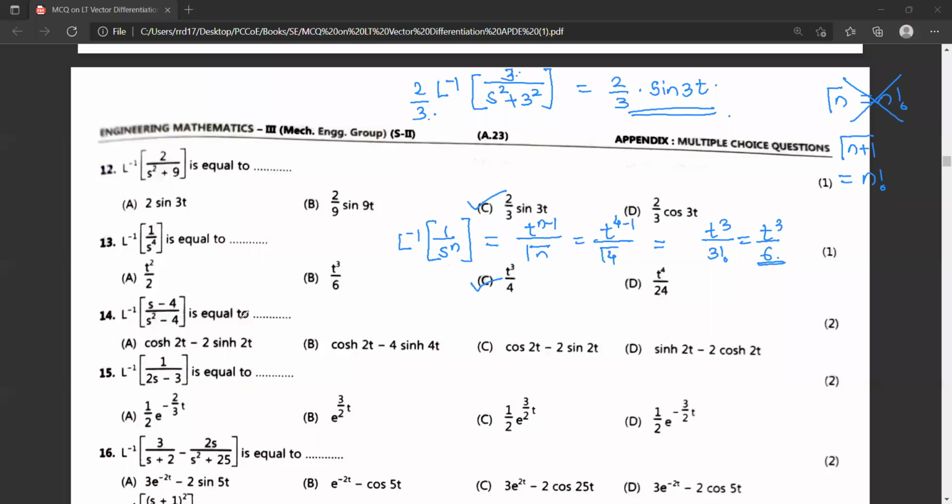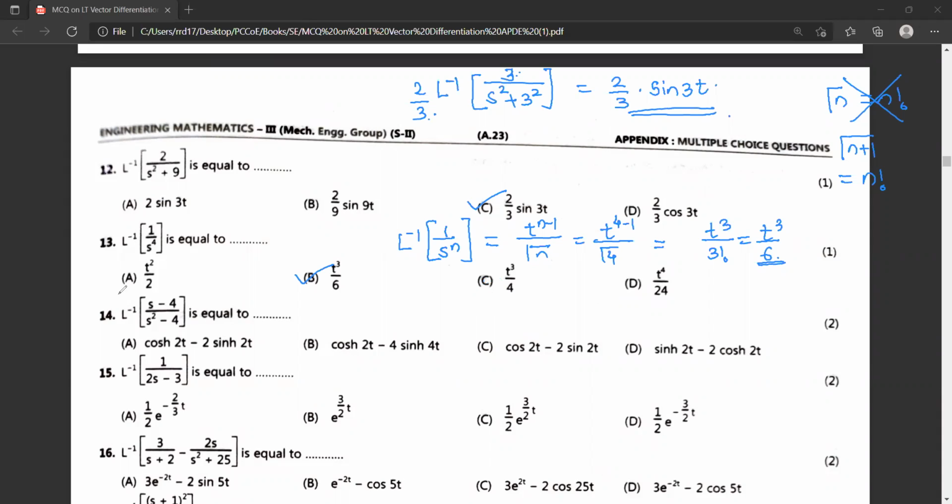Okay. Now how do you solve this one? If you don't know how to solve this, just separate the terms. Directly you can see. Sir, it will be 3 cube upon 6. Oh yeah, it is 6. Yeah, correct. I have written 6, but by mistake I have marked this as 4.